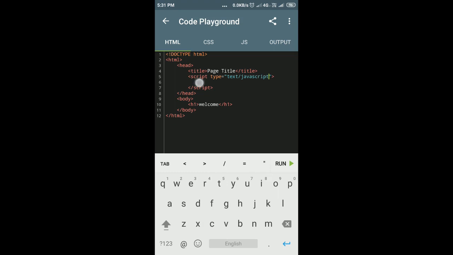Okay, so in the script tag I will print the hello world. So to print any text, type document dot write.